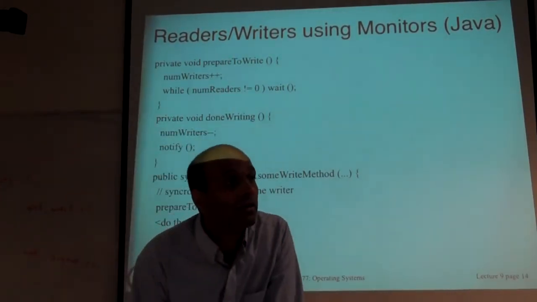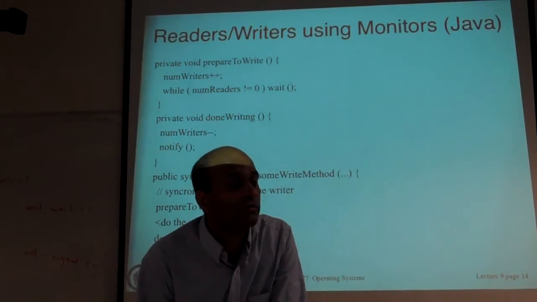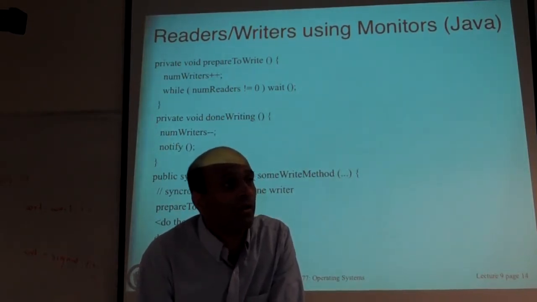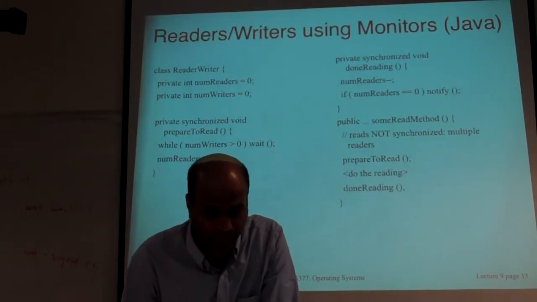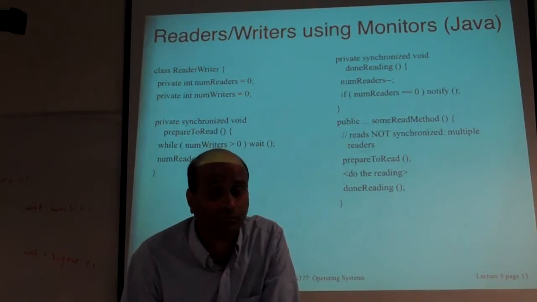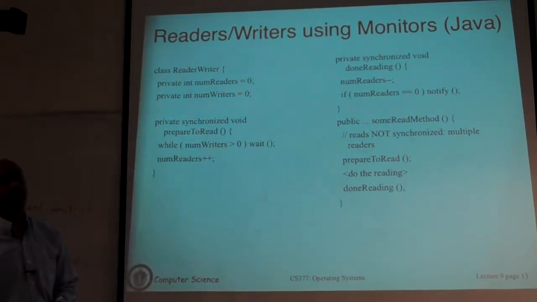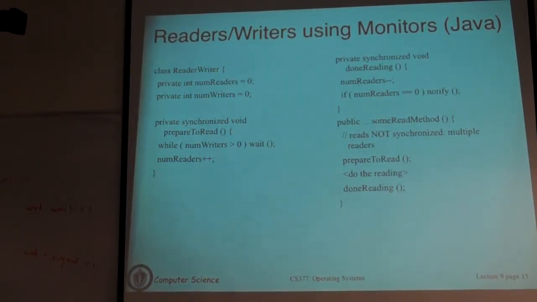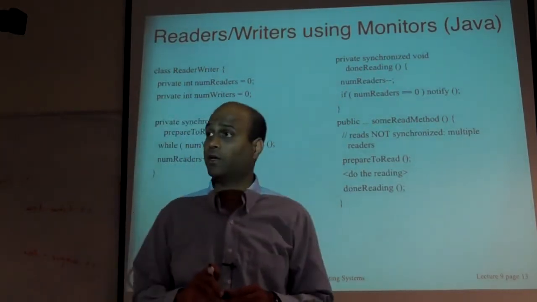So the slightly more fair way of doing it would be, in the prepare to read method, once the number of writers becomes anything but zero, actually force it to wait, and so it won't be able to keep adding readers into the queue until a writer gets to go through and do its thing. So the observation is that as soon as the number of writers is not zero, you also want the subsequent readers to wait, which is not happening here. Okay, so you want to do that and make it more fair.